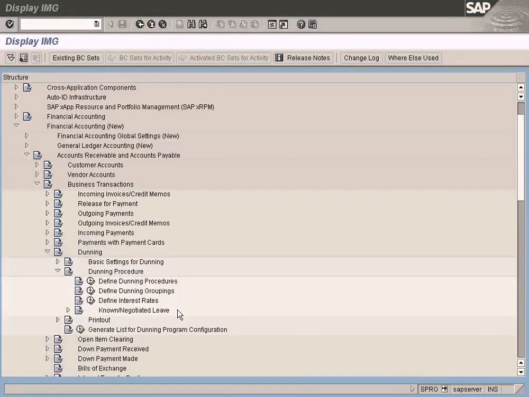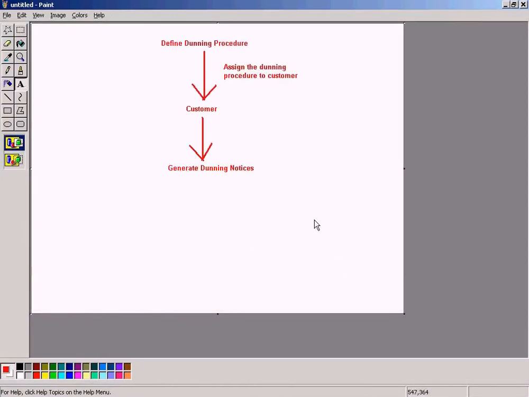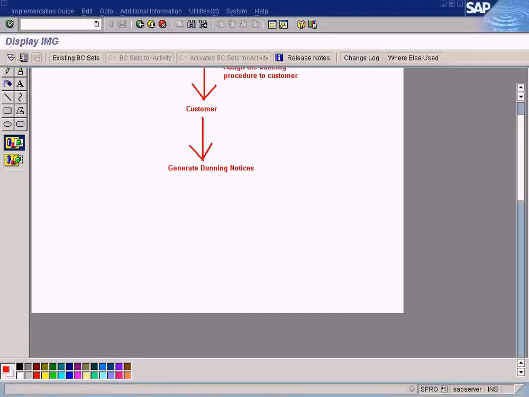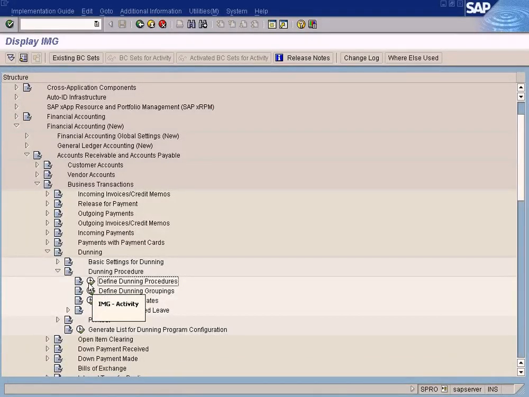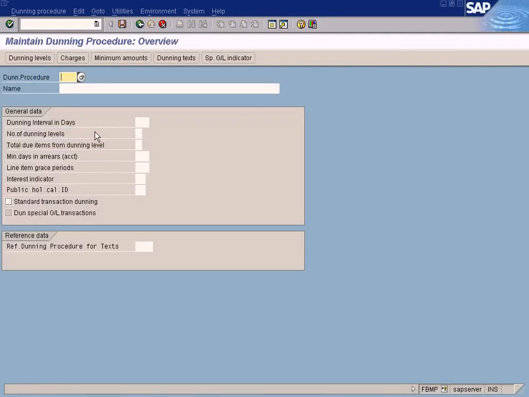So the flowchart goes like this. Let me draw it for you. Okay, this is what you have to do. Firstly, define the dunning procedure and assign it to the customer master data, and after that we can run the dunning program to generate the dunning notices. Let us do this first now. We go to dunning procedure, create a new dunning procedure for sun,